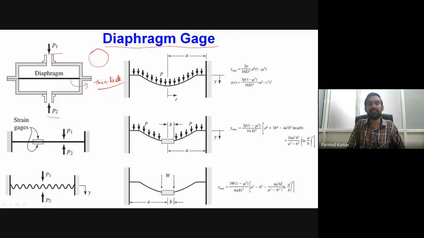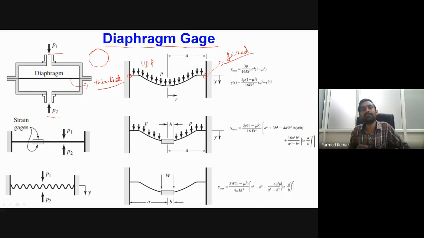Okay, so you can see the corresponding deflection profile over here. So in this particular condition, what we are considering is that the outer edge of the diaphragm is nothing but fixed. Okay, so across the outer circumference of the diaphragm disc, that is actually fixed to the wall, and then over the entire diaphragm cross section, we are having nothing but uniformly distributed pressure. Okay, so if you can see, the profile of the pressure is actually uniformly distributed over the entire cross sectional area of the diaphragm. Okay, and A is the radius of the diaphragm, and R is actually the radial distance when measured corresponding to the center of the diaphragm.